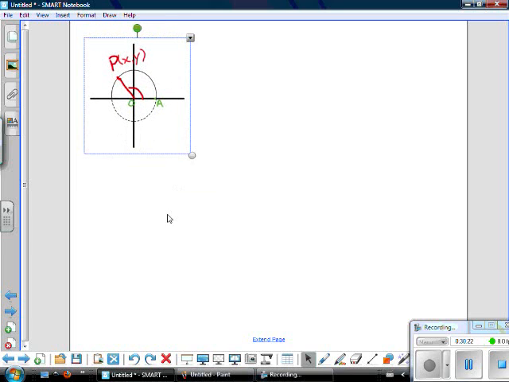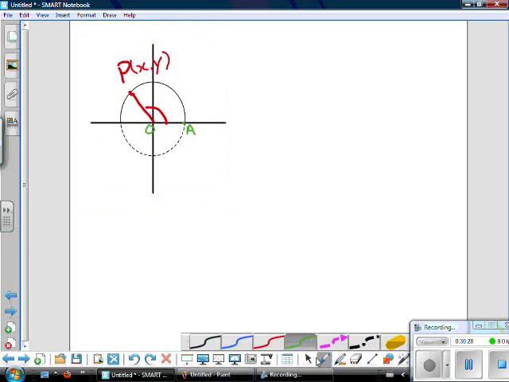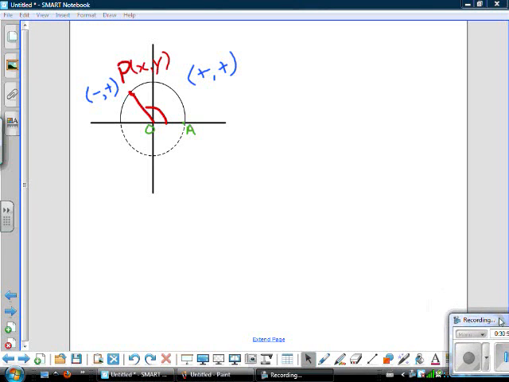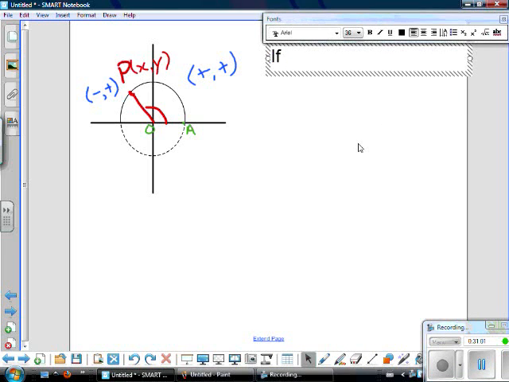Okay, now we talked about what happens as far as the coordinate system goes. As far as quadrant 1, we know that the x is positive and so is the y. When we look at quadrant 2, we know that x is negative and the y is still positive. What that means is if I have an angle, which we're going to have,